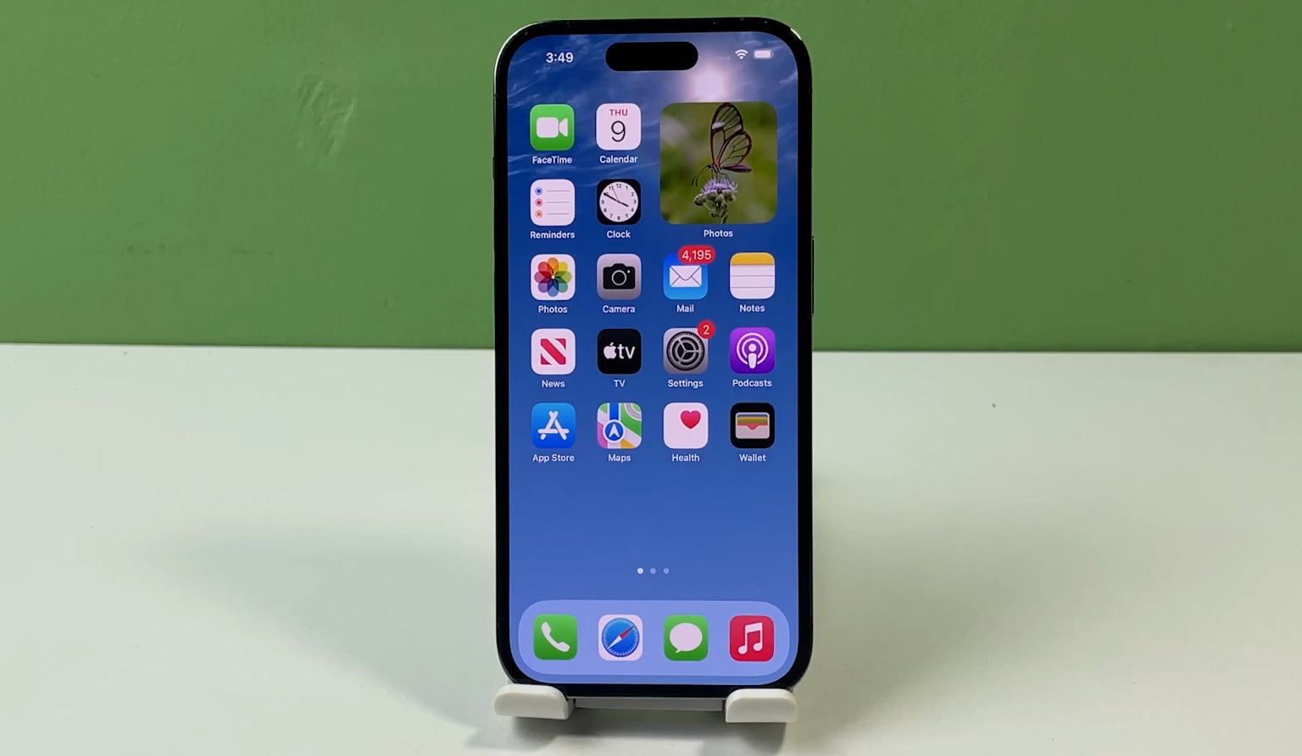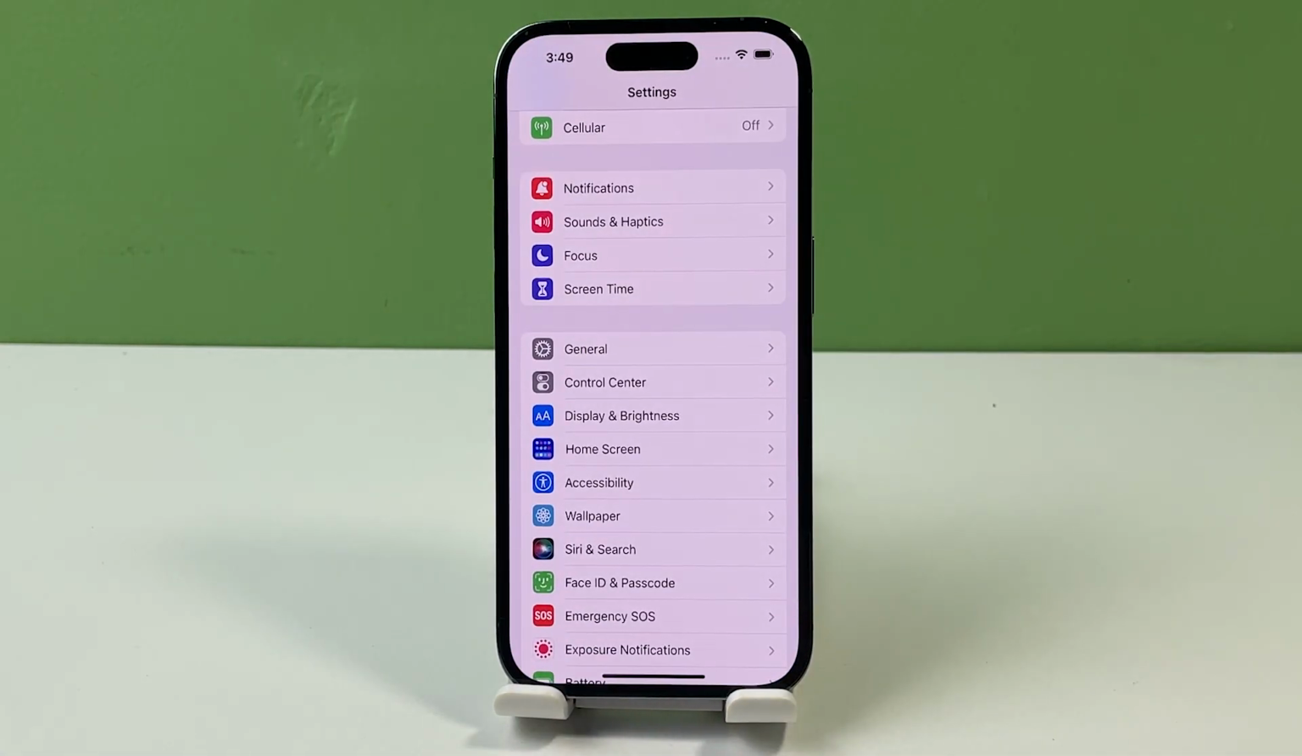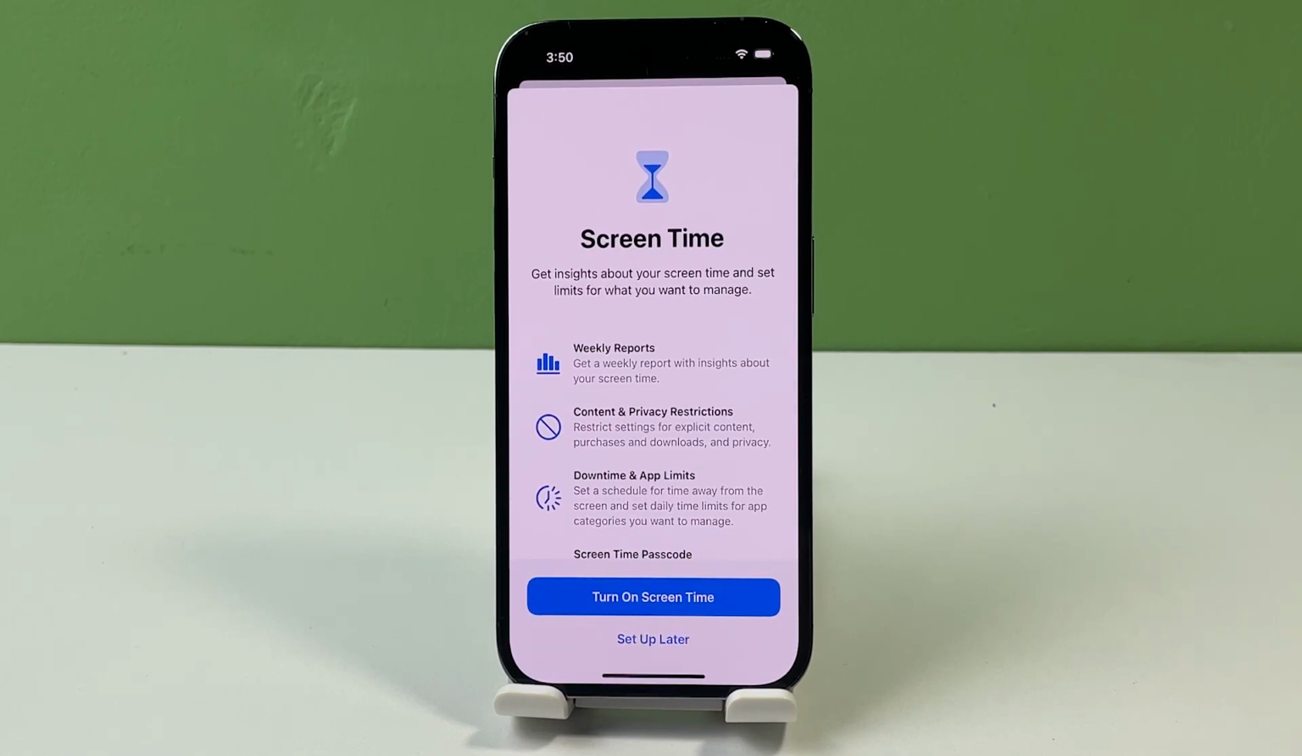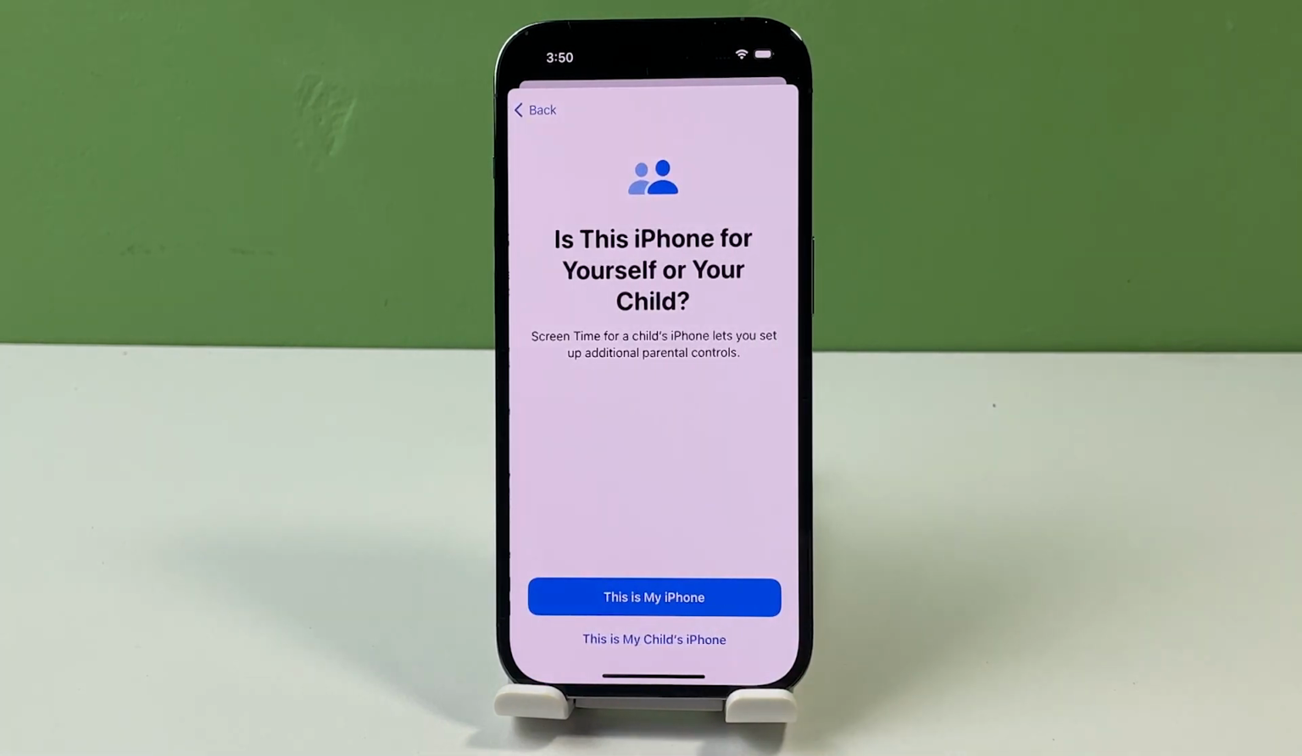First, open the iPhone settings by tapping on the gear icon from the home screen or app library. In the settings menu, find and then tap Screen Time to access the Screen Time settings. If you haven't already, you'll see the button to turn on Screen Time. Simply tap on that button and then follow the rest of the on-screen instructions to finish setting up Screen Time